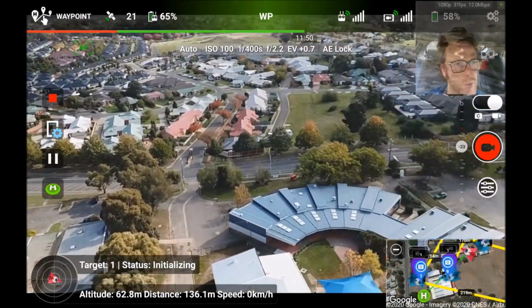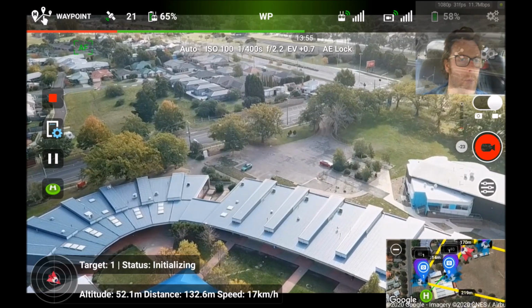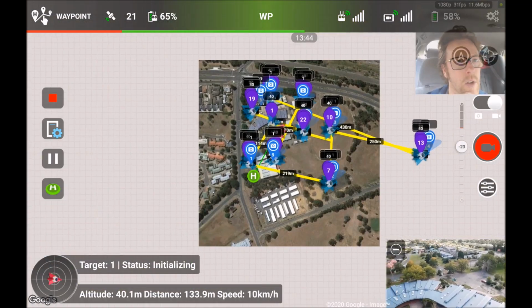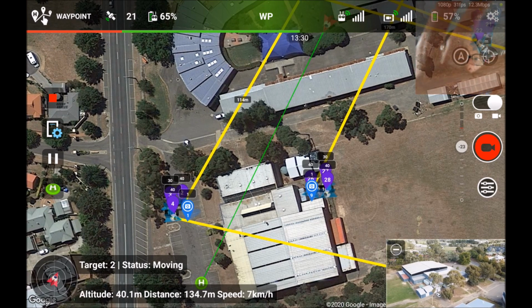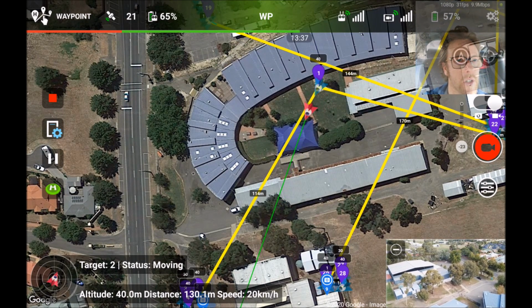So I'm not actually controlling the drone at the moment. This is Jet's waypoint mission. So it's flying by itself. And if we have a look at the map view, we can also track what the drone's up to there as well. So let's just move the map over there. So you can see number 1 is out the front of the library. That's where the drone's going to go to first, and then it's